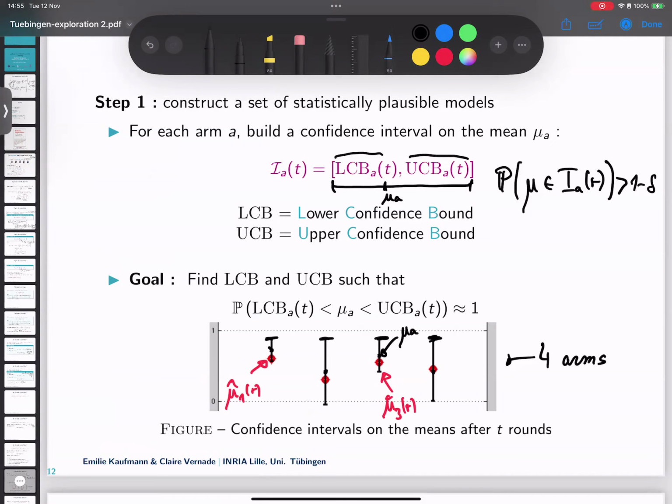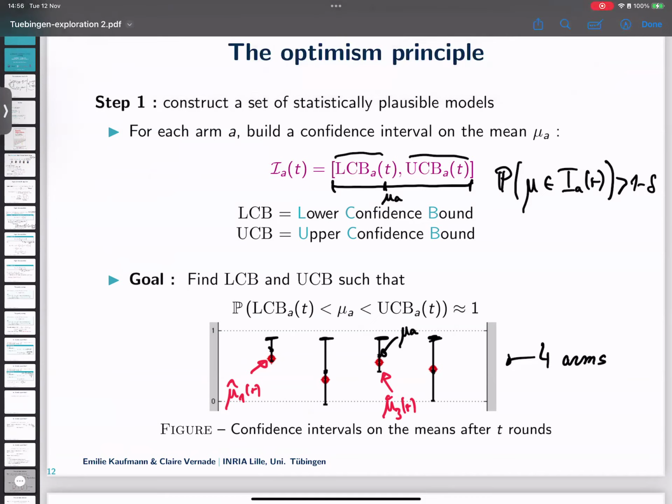The general principle is to say that these confidence bounds define the set of worlds that are plausible given my current knowledge. I've only observed this amount of samples from the world. I don't know the true world, but not all worlds are admissible given my current knowledge. There is only a finite set of worlds that still correspond to my data. And out of these possible worlds, there is one that is better than the others, the one that has higher rewards. Yes?